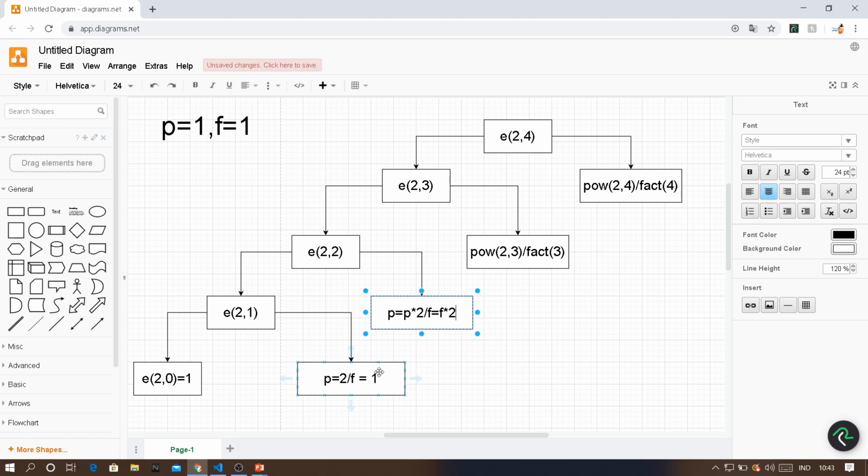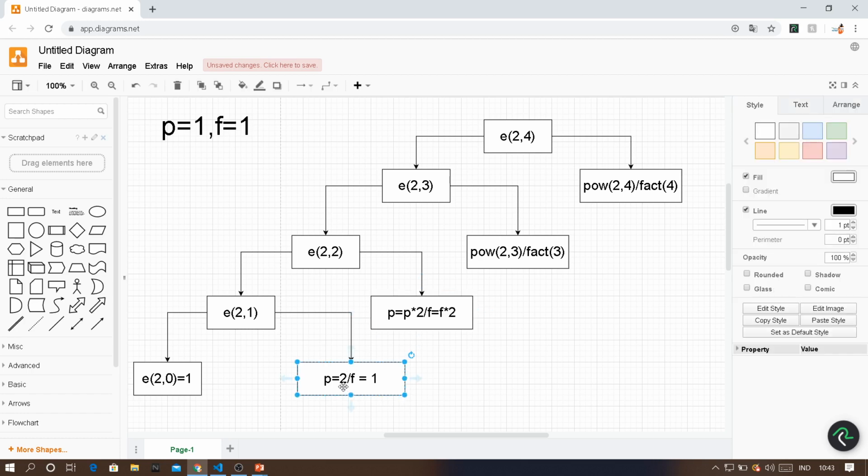So we are going to calculate it using these static variables called p and f. Okay, fine. In this step you want power of 2 comma 1, so you multiplied 1 and 2. Okay, fine. Here you want factorial of 1, so you multiply the existing value with 1. Okay, fine. Here you want power of 2 comma 2.